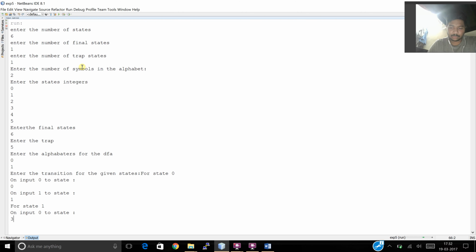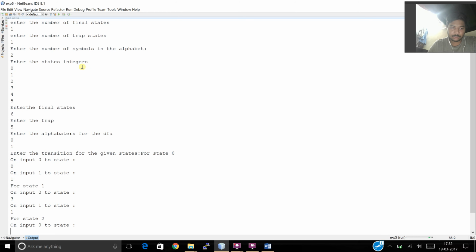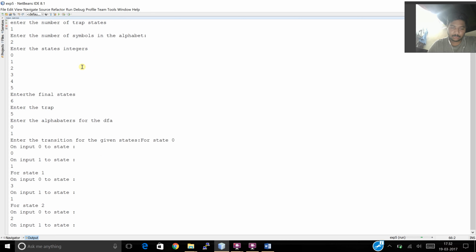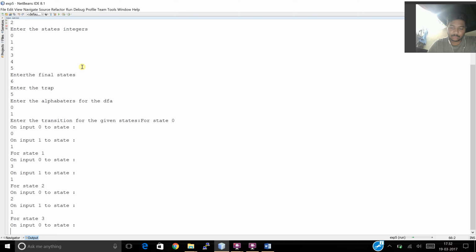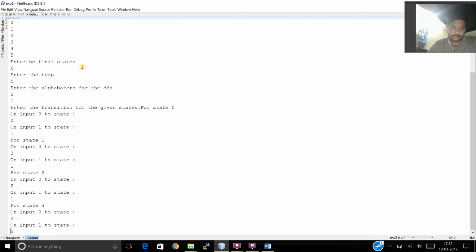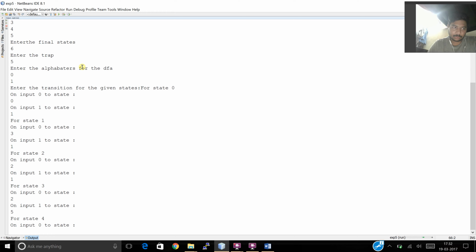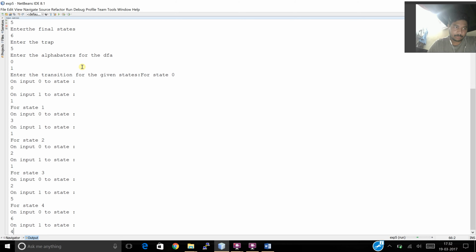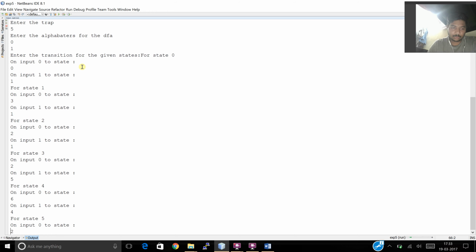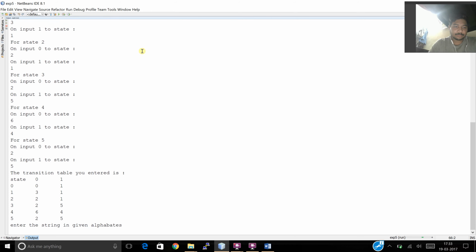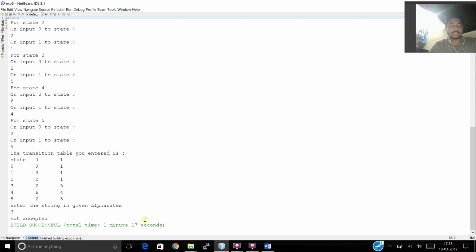Okay, next is 3 1, next is 2 1, next 2 and 5, type 0 6 4 2 5. Here the states are given, and then enter the strings in the given alphabets. Here the strings let us take as 5 and 2 3 3. It's not accepted, hence